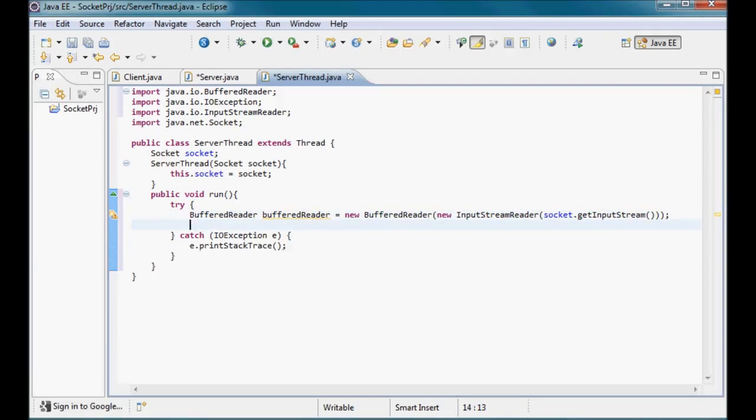And then I can pick up the message, so buffered reader dot read line,